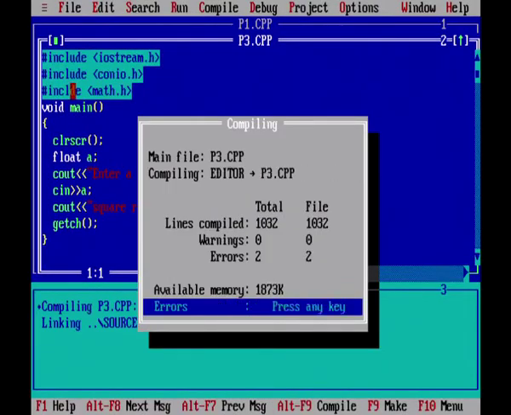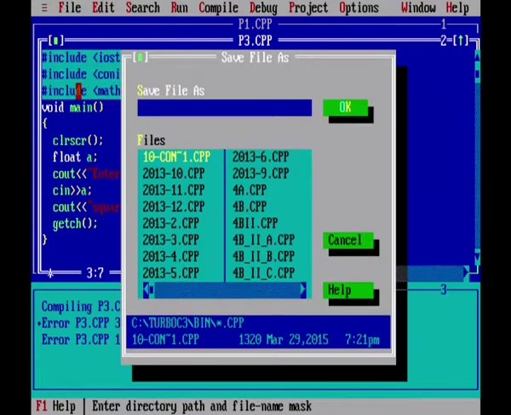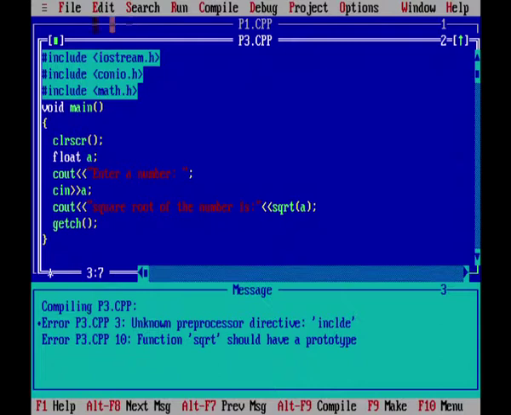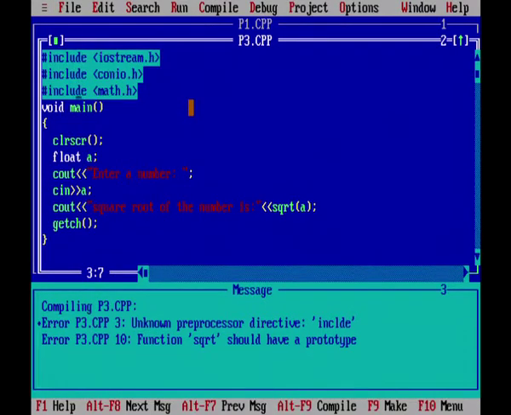Now, again I should enter a number for which I can easily verify the output, 25. Square root of the number is 5. Again I run this program, save this program, file, save. Now, I run this program, enter a number, let me say 225, square root of 225 is 15. So, my output is correct.